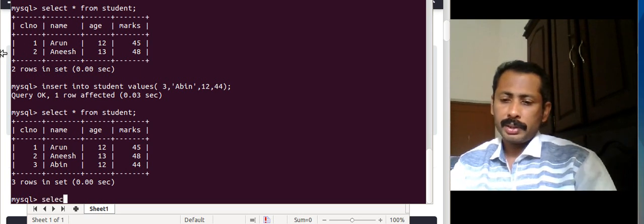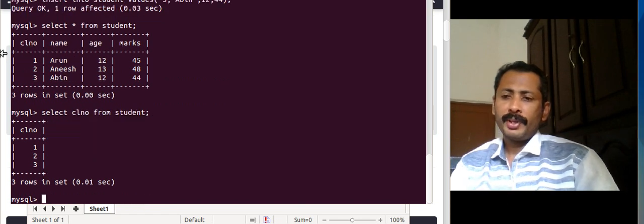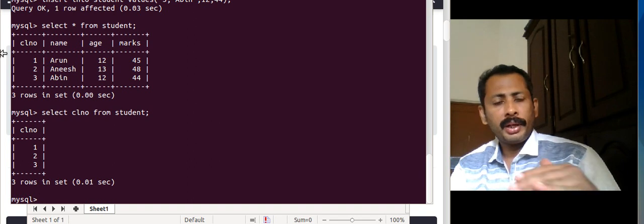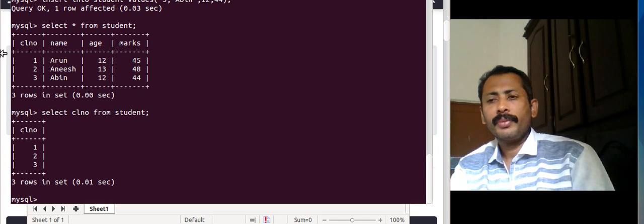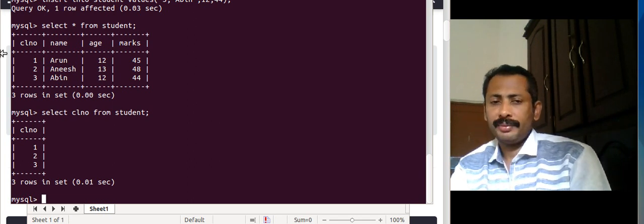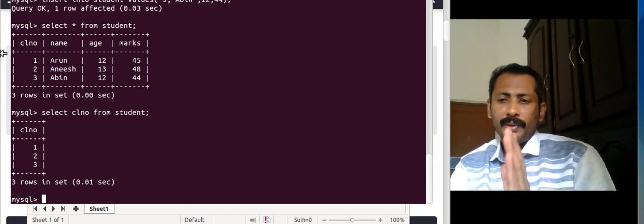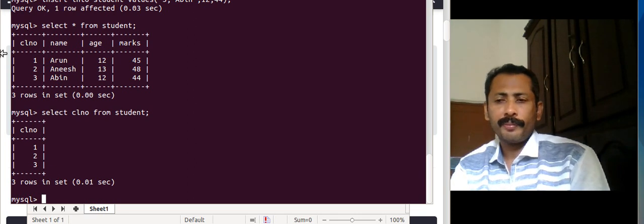So I am giving select class number from student. This means that only the class number is needed, even though the table contains more fields. Okay, so this is the power of SQL, it can retrieve only one column.